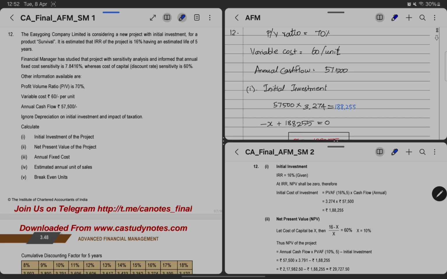And they are asking us to calculate initial investment, NPV, then annual fixed cost, estimated annual units of sales, and break-even units. And they've given cumulative discount factors, so we have to use these only. And they told us to ignore depreciation on initial investment and impact of taxation. So whatever the sales minus variable cost, the contribution minus the fixed cost will be the annual cash flow, and there will not be any tax benefit on depreciation, and we should not reduce any taxes here, as they clearly